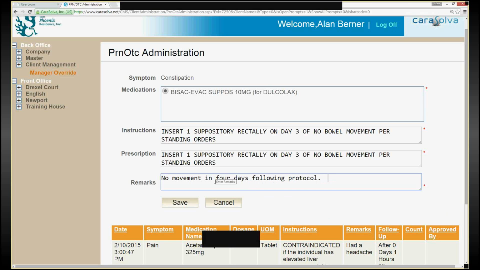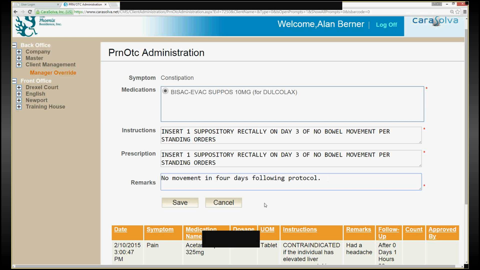I'm following the protocol. I didn't need a nurse to tell me to take this action. I'm just doing what's already been laid out. For any other PRN medication that doesn't have a protocol associated, so say pain, say the person's having a headache or they're having unexplained pain, you do still need to call the nurse to get the okay and authorization before